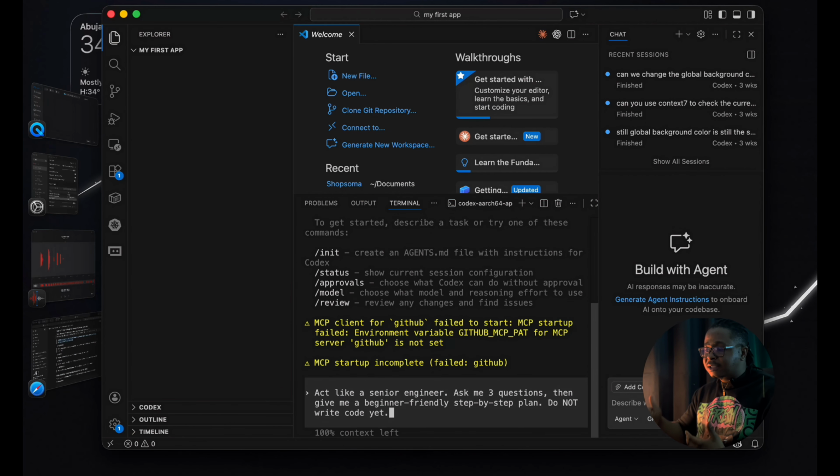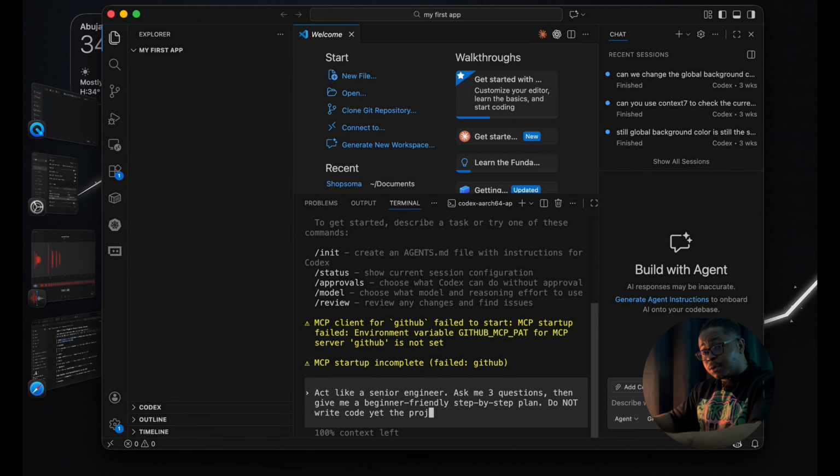So I'm giving this AI tool a persona of a software engineer, simple and short. Now that I've given it this foundation, I'm going to tell it what I need to build. So as you can see, act like a senior software engineer, ask me 3 questions, then give me a beginner-friendly step-by-step plan. Do not write any code.